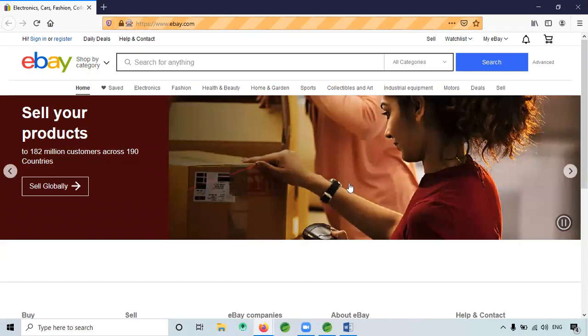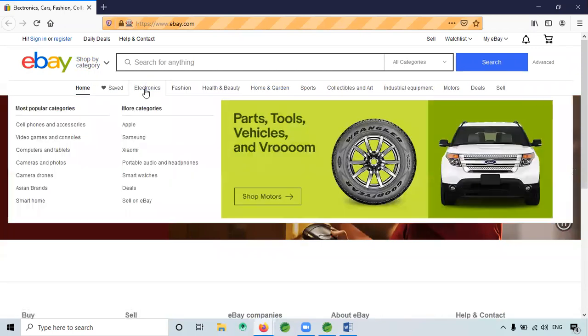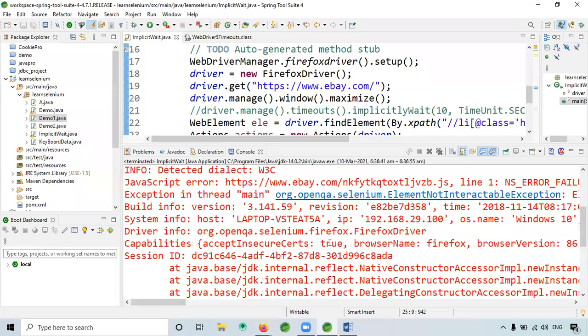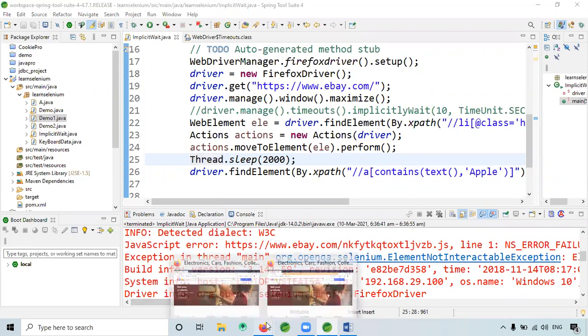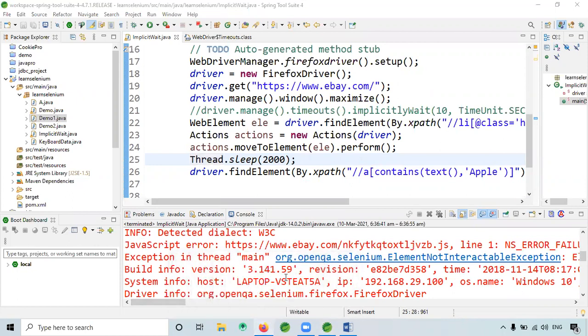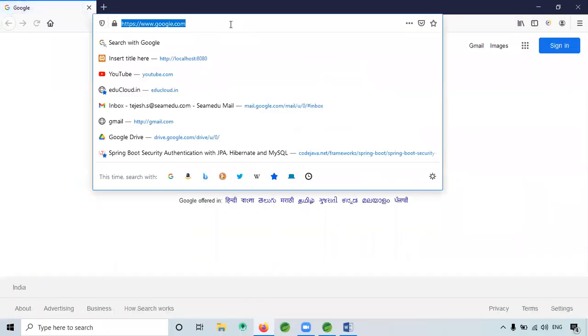See, something went wrong. Maybe in the site itself they changed something. Probably. Oh, now the Apple itself, wait itself is not working. Thread.sleep way also not working. Okay, so there might be a chance they changed the XPath or something. Okay, so we'll replace that properly now. Let's see what exactly changed.